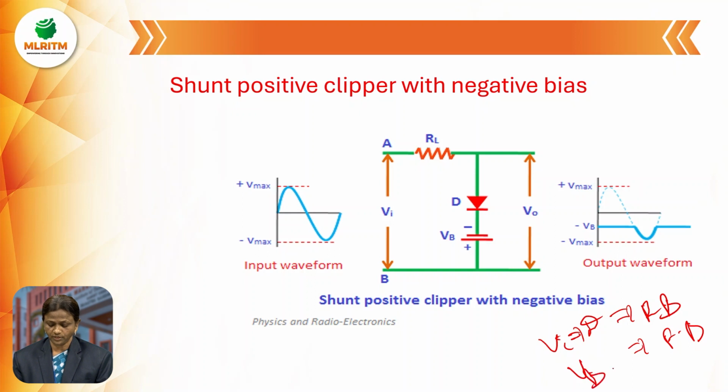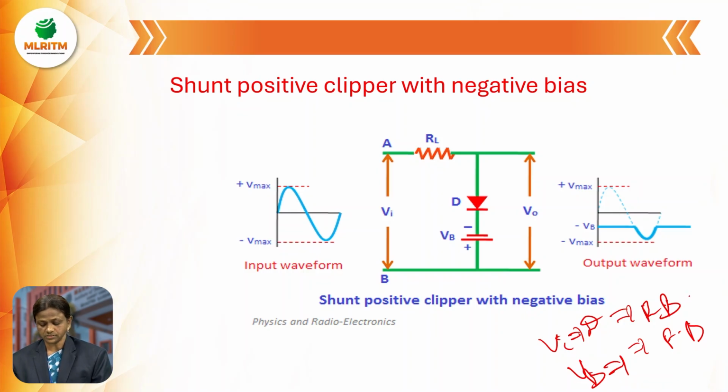So due to Vi, diode D is in reverse bias. Due to VB, diode D is in forward bias. In shunt connection, whenever diode D is in reverse bias, you can get the corresponding